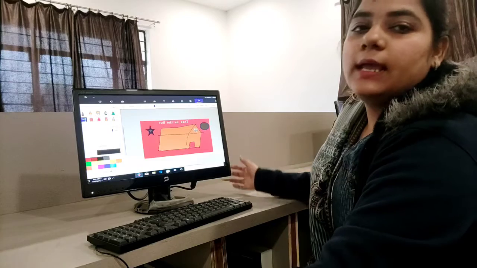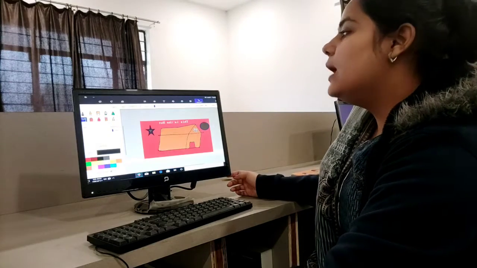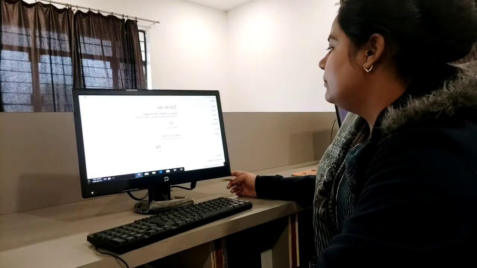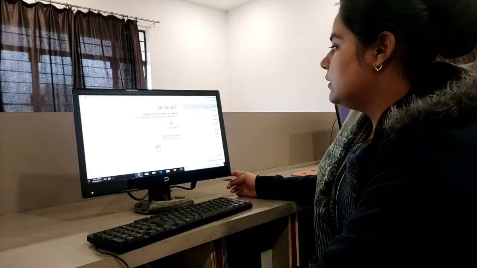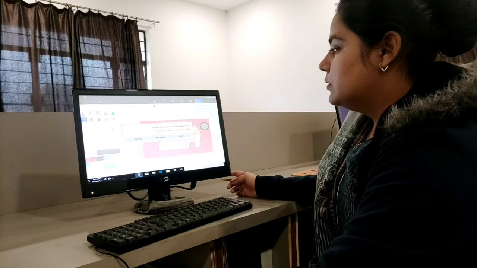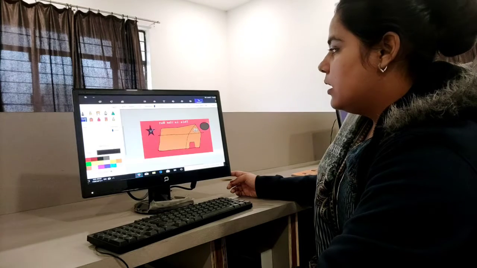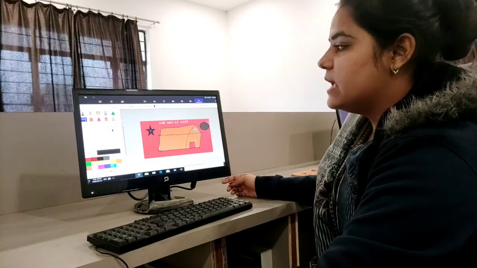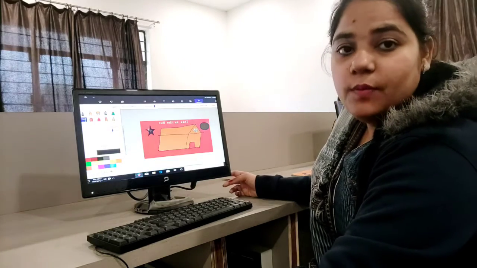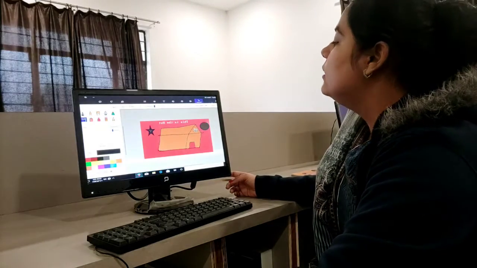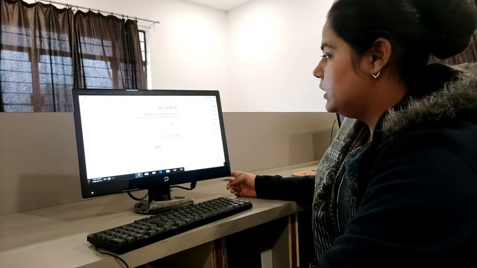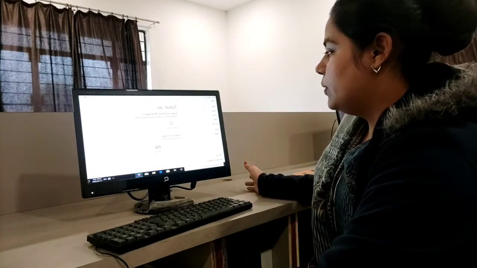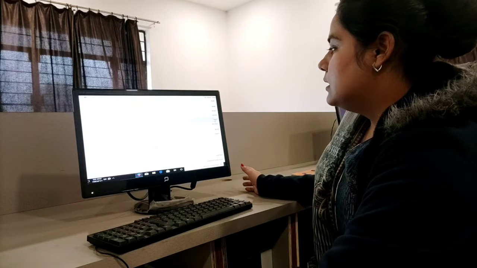So once again I am repeating how we can make this. For this I am using new. First, what we will do, how can we save it? If we want to save our file, then we will go in the file menu. Here is the option given, save as. So we will choose the option.